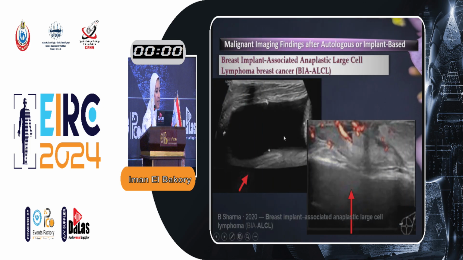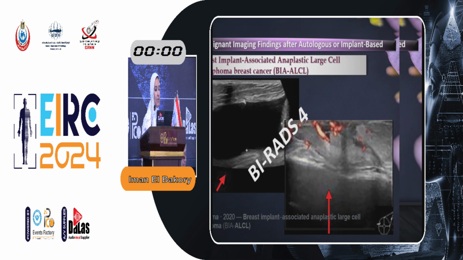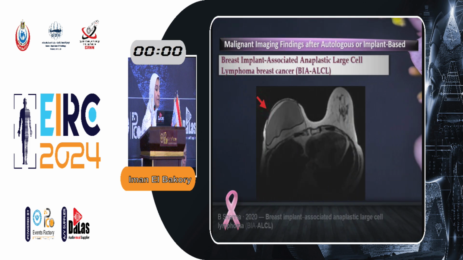Okay, so this is a literature review case in which we can see the well-defined effusion that's related to the superior margin of the implant. The implant is inferior, and this well-defined hypervascular mass, and both were biopsied, and it was lymphoma. Seeing this effusion that's present with no papillae, no solid component, it had been proved to be a lymphoma as well.